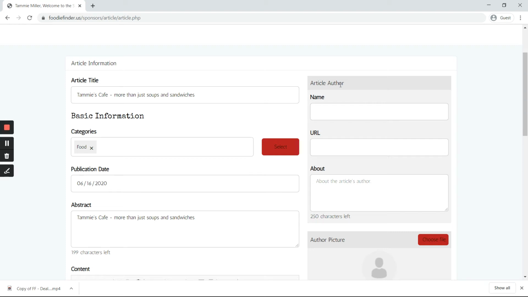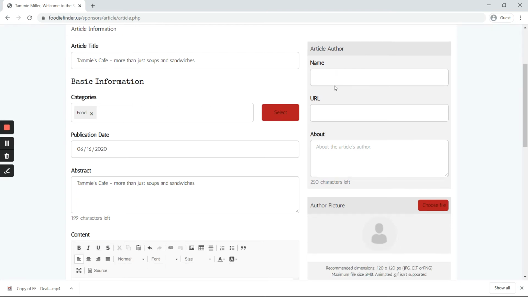You also need to make sure that you have the rights to this article to use on the Foodie Finder website. You may be asked to provide proof of written authorization for this article to be used on the Foodie Finder website. We want to make sure that we're respecting the people or organizations where this article may have originated from. If you have any questions about that, you're welcome to email us at any time at